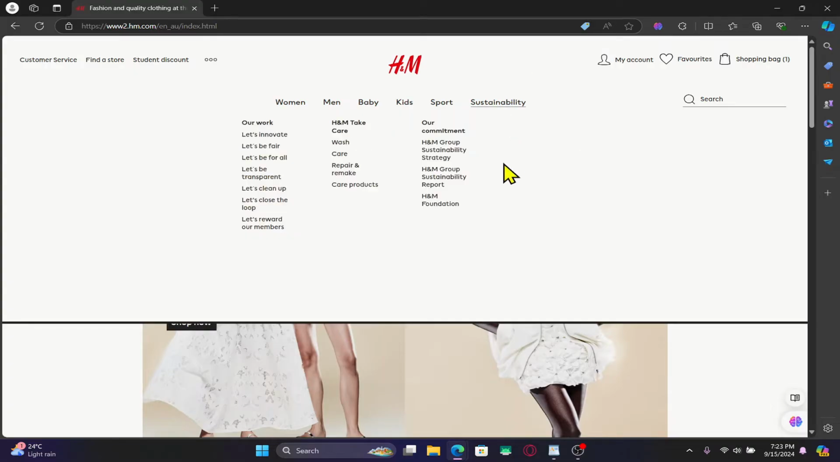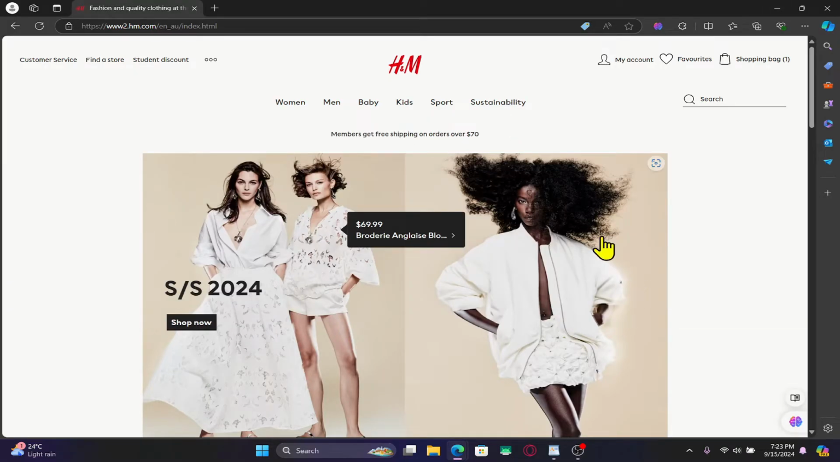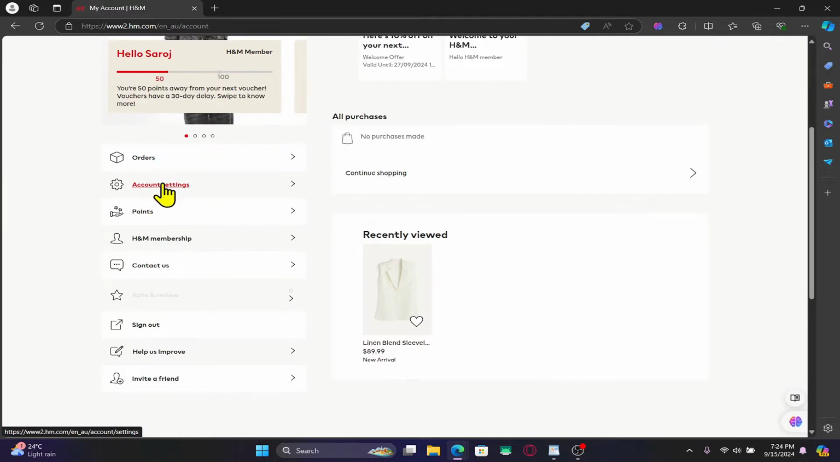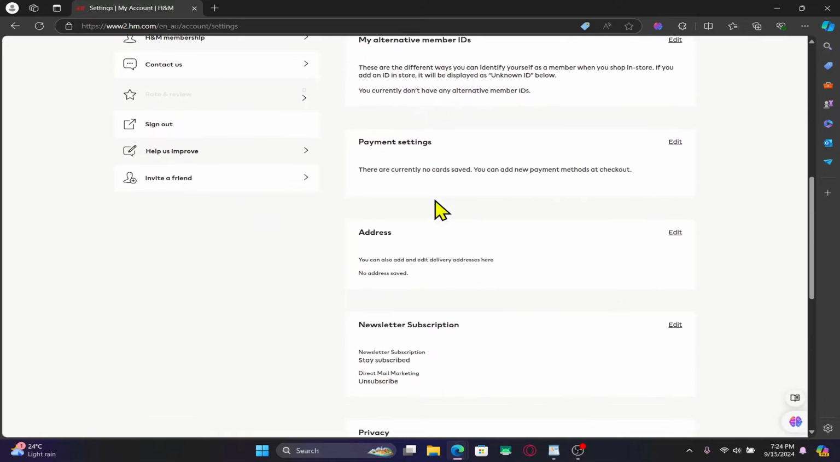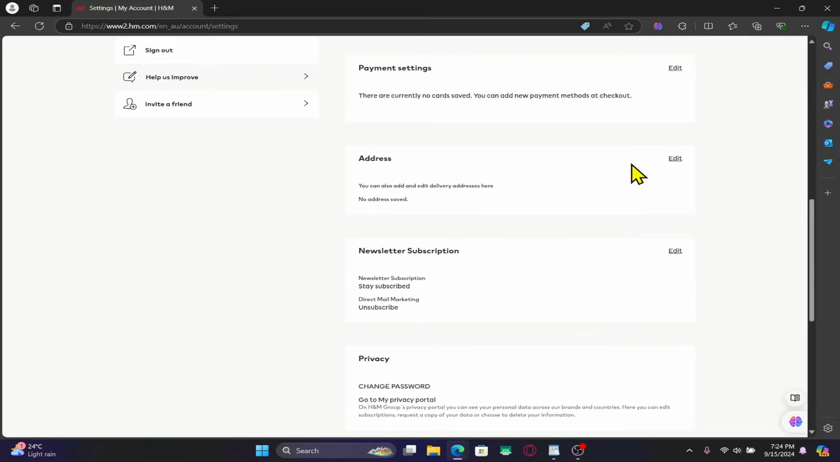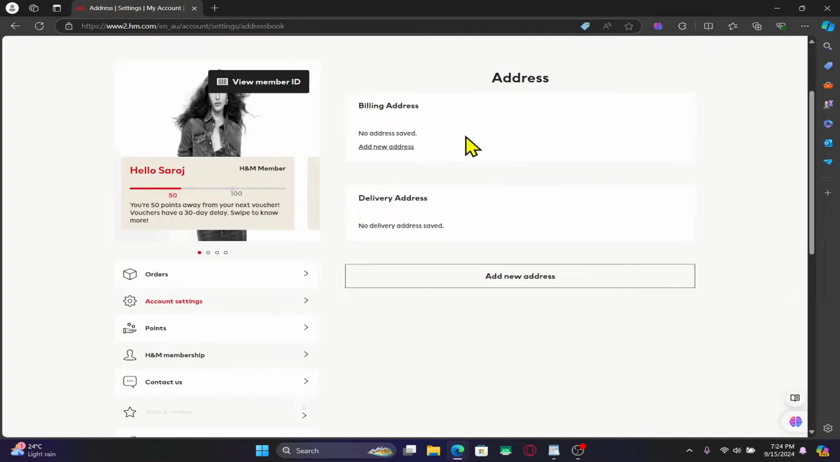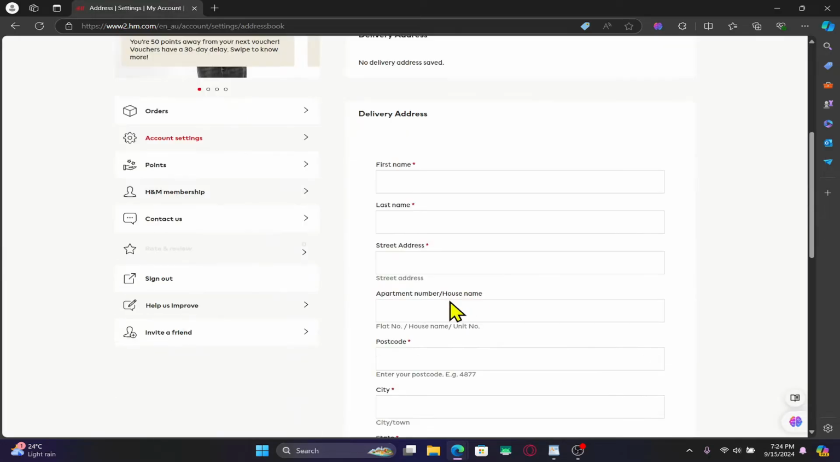Once you are logged in, in order to add a delivery address to your account, click on My Account at the top section. Click on Account Settings. From this page, now just scroll down and you will see the address option. Click on the Edit button, and now you will see your billing address as well as the delivery address option. Click on the Add New Address button, and now you can enter your first and your last name, followed